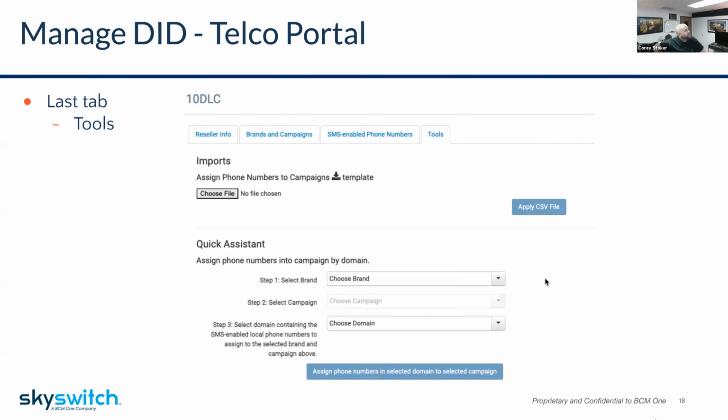So I'm surprised this one hasn't come up, but if we already registered with the TCR, should I register with SkySwitch when the portal becomes available, or would that just result in double billing from SkySwitch and the TCR? How are we going to handle that? So we do have a couple resellers that went ahead and registered with the TCR, and that's fine. But there's a $200 fee to do that, and then the problem is